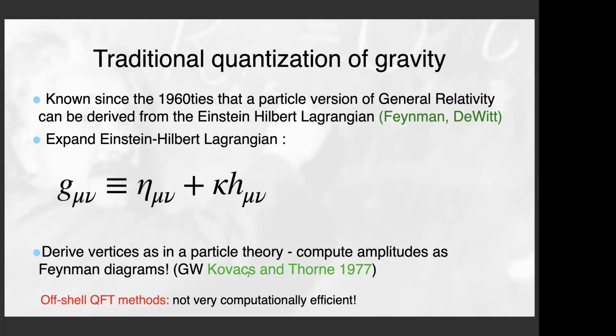And there's a famous paper by Kovacs and Thorne from 1977 that definitely uses these kinds of approaches. But one thing that has changed since then is that if we look back, the off-shell QFT methods, I mean, using really Feynman diagrams and putting things together, was the standard. But today we have also learned that we can use a lot of new techniques like unitarity and other methods to simplify things and especially keep things on shell, and thereby provide computational efficiency.